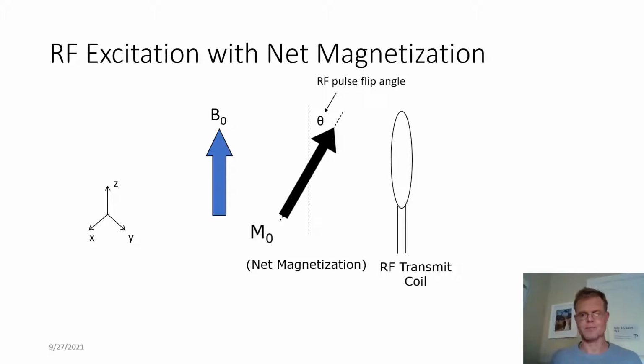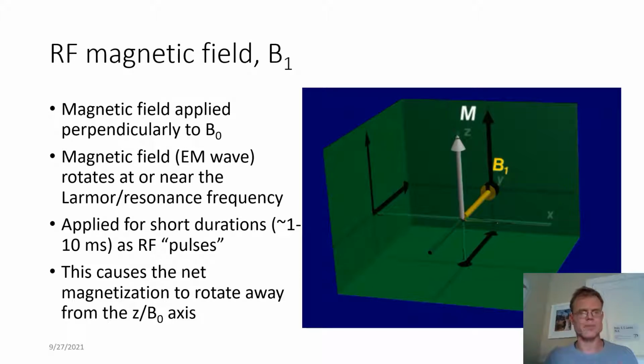in this case theta. Okay, so let's go more into detail about the RF magnetic field, or the B1 field. Remember, this is an electromagnetic wave or electromagnetic field. Maxwell tells us we have both electric and magnetic fields together. And it's actually applied in a direction that's perpendicular to the main field B0. So in this case, B0 is along the z-axis, which is the direction of our net magnetization, the white vector. And in our RF magnetic field, B1 is pointed orthogonal to that, in this case along the y direction, but we're going to actually move it around in the xy plane